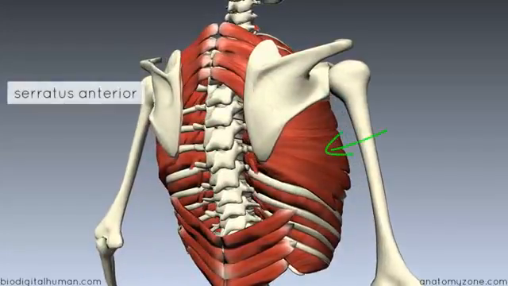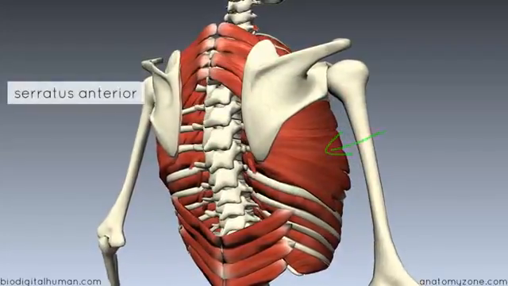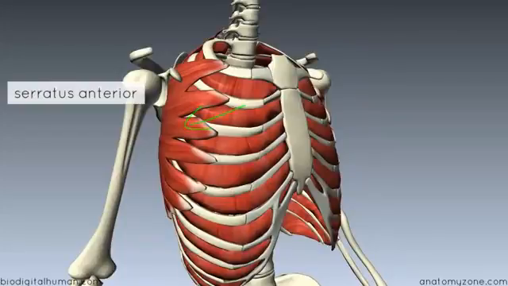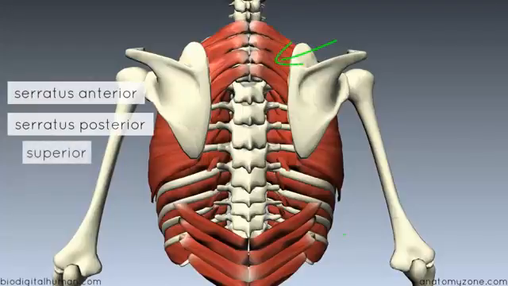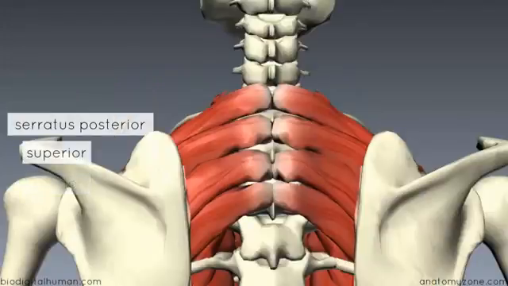We've got the serratus anterior, which you can see laterally and anteriorly here. And then at the back we've got the serratus posterior, and we've got a superior and inferior muscle. So we'll start with the superior muscle. As you can see here, the serratus posterior superior originates on the spinous processes of the vertebra. So it originates from C7 to T3 on the spinous processes, and it inserts on the upper borders of the